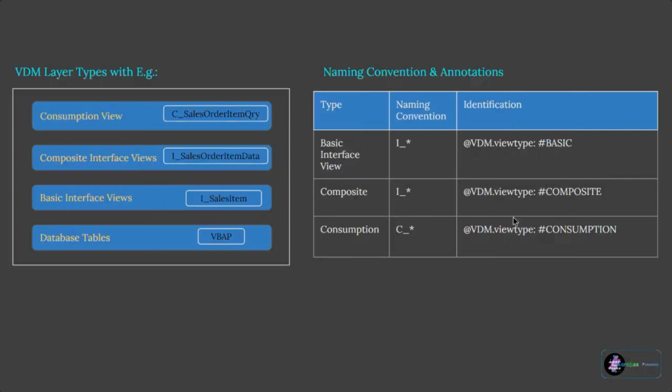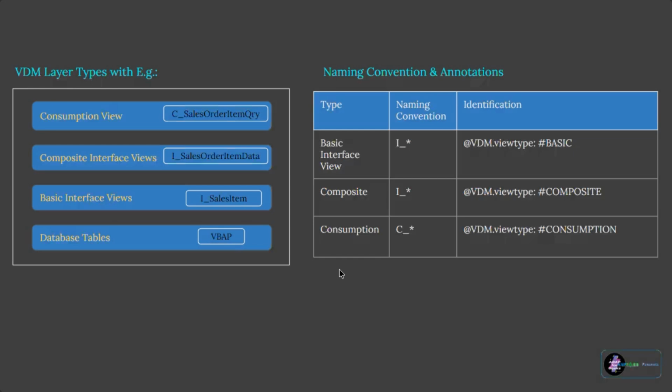Now, what if you do not provide these annotations? Nothing will happen because these are just for documentation purposes, and this is always a recommended way. SAP recommends to create views in such a way that it will be developer friendly and also reusable. If you do not provide these annotations, nothing will happen, but the developer will have confusion about whether this is a composite view or consumption view, and how he is supposed to use it. If you look at the annotation and see this is a composite view, this is a consumption view, based on that he can make a decision whether to reuse it or not.